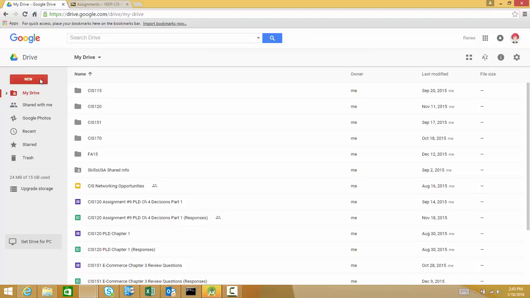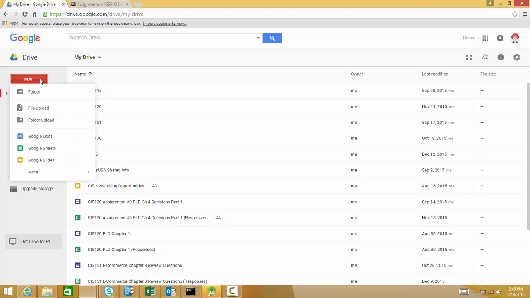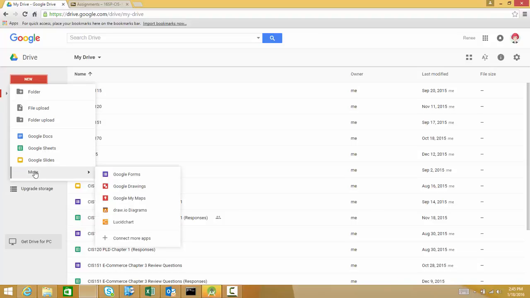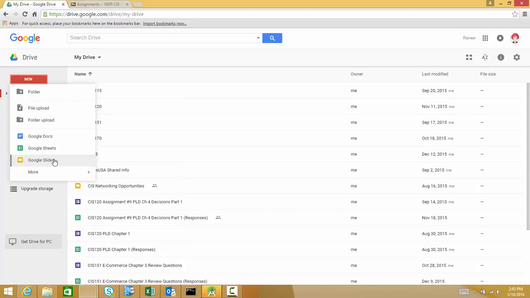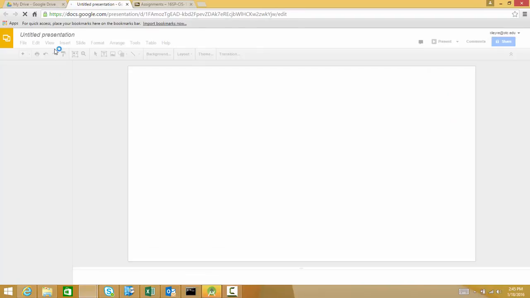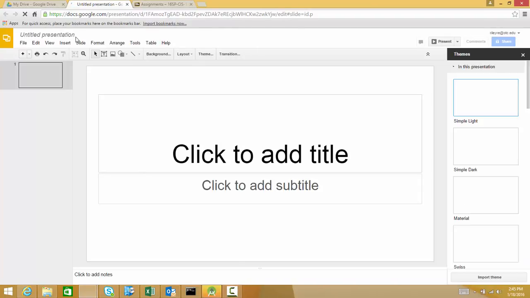But if I want to create new things on my Google Drive, I can create documents that are very similar to Word documents, sheets which are very similar to Excel spreadsheets, Google Slides, which is like a PowerPoint presentation, and I have many, many more options. I could connect to more apps if I wanted to. You may receive an assignment that requires you to create Google Slides with other people, because again, Google Drive is very collaborative. If I had to do that, I would create a new Google slideshow, and I would name it